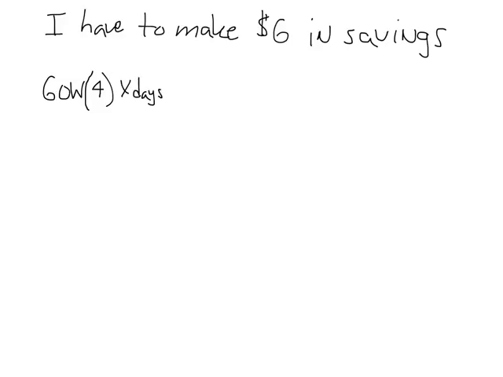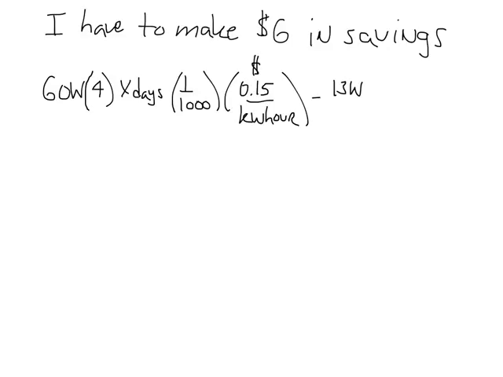Times my 1 over 1,000 times my 0.15, that's dollars per kilowatt hour, minus my 13 watts, my other bulb, times 4 times X days, divided by 1,000 times 0.15, that's again dollars per kilowatt hour, and all that equals